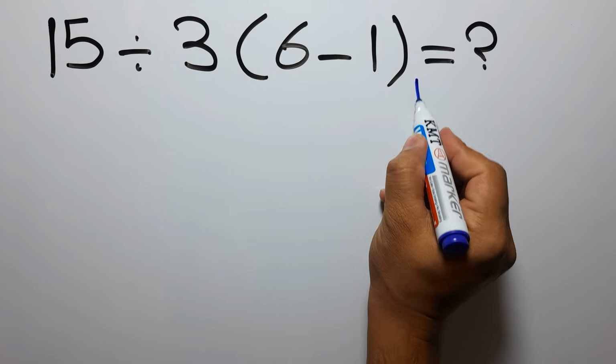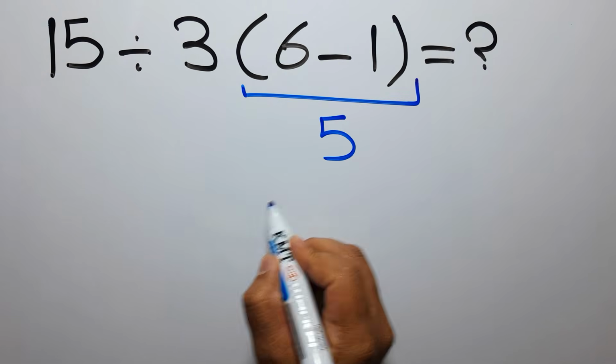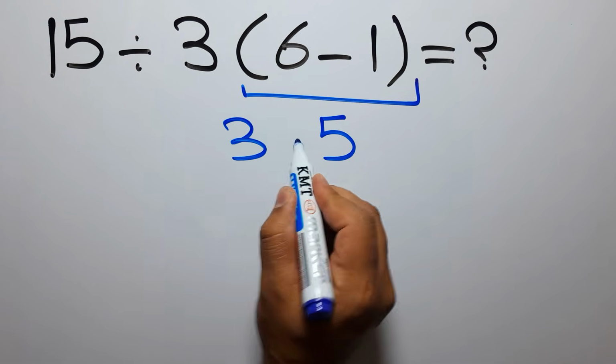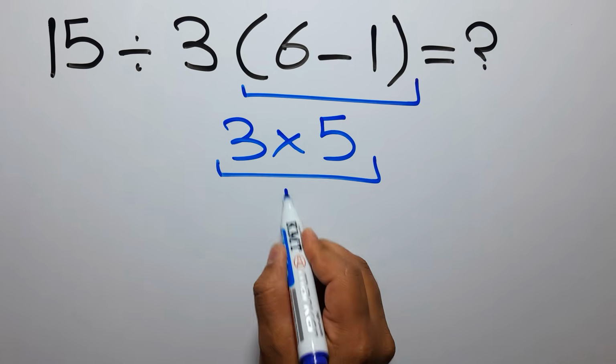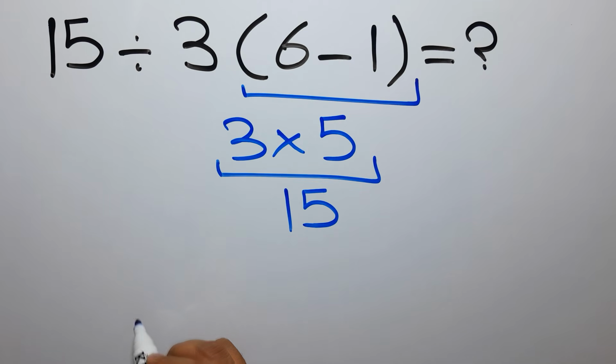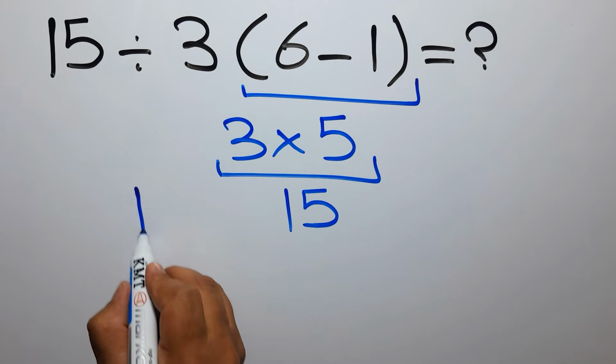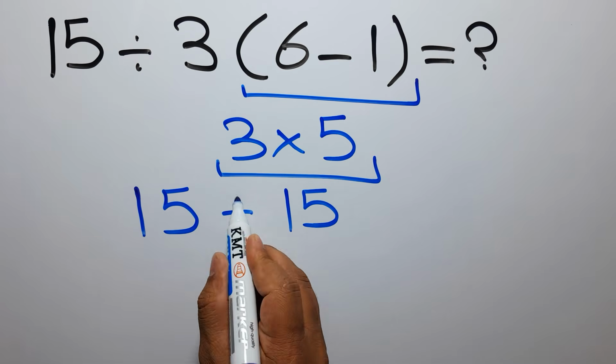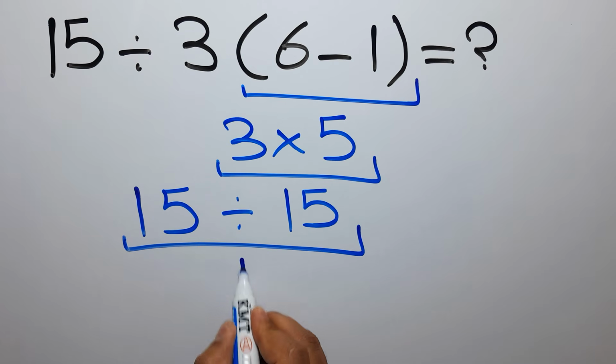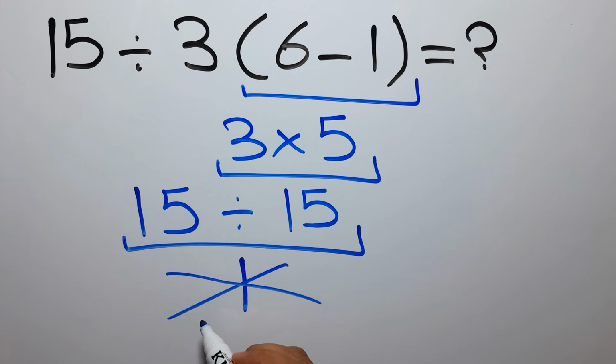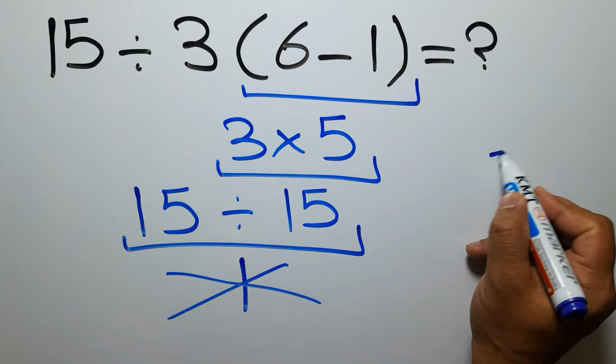6 minus 1 gives us 5, and 3 times 5 equals 15. So 15 divided by 15 is just 1. But this answer is not correct, because according to the order of operations, which is PEMDAS,